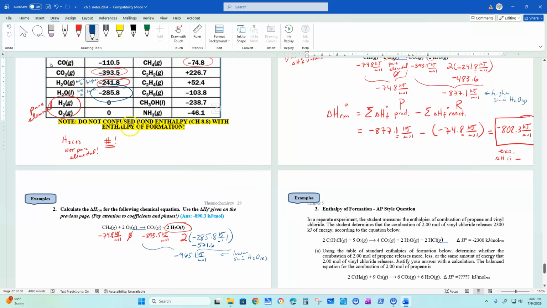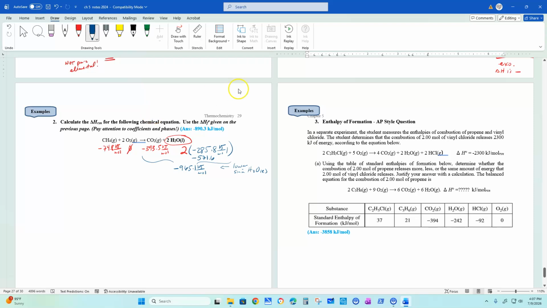AP can even ask you a question like this without even calculating anything. How is this liquid going to change the delta H value? Is it going to be more negative, less negative, or the same? Well, obviously it's not the same. So delta H reaction, standard state. I'm going to take my sum of my delta H values, little formation,